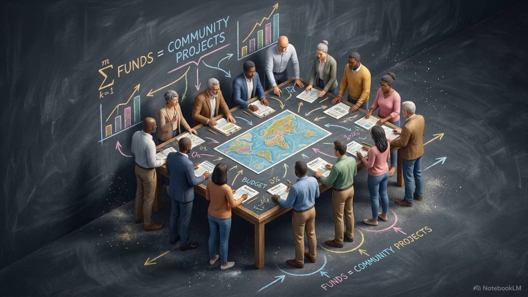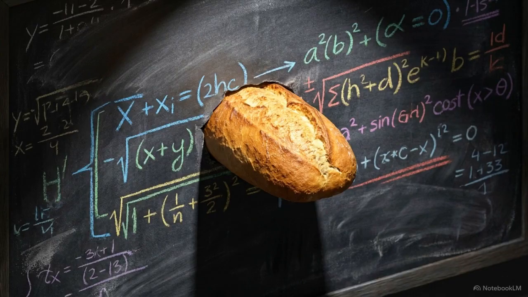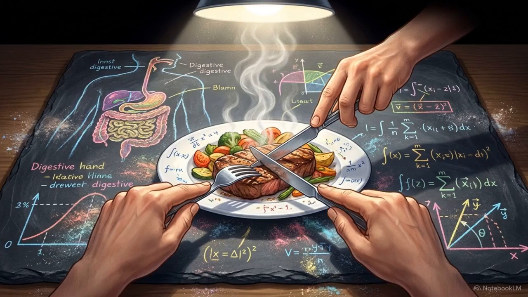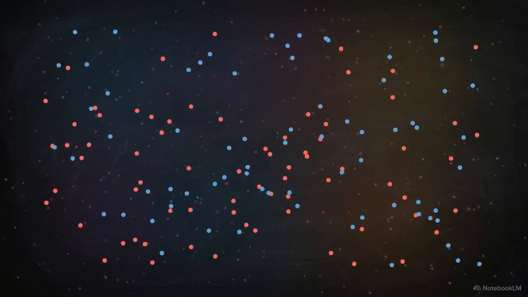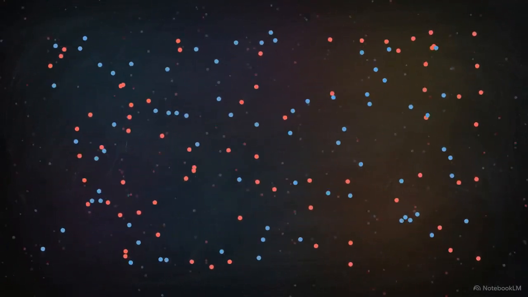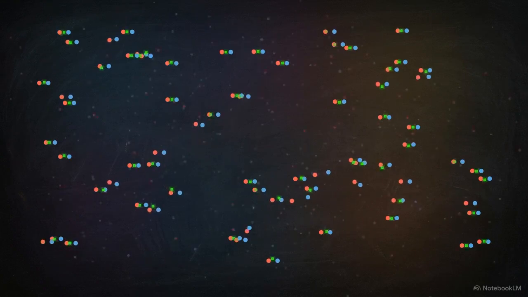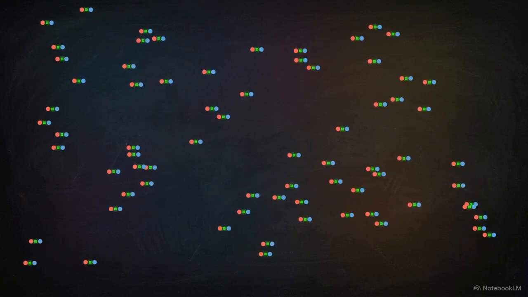Because no society can have everything, scarcity forces us to answer three practical questions. What should we produce? How do we manufacture it? And who ultimately consumes it? Microeconomics studies the decentralized system that answers those questions. It examines how billions of individual choices, made by buyers and sellers, coordinate to distribute the world's resources without a